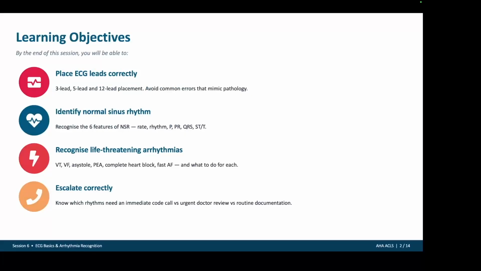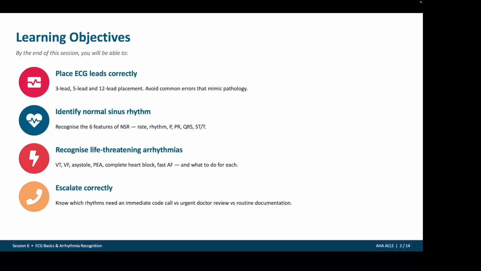The learning objectives today. Placing the ECG leads correctly. There are 3 different lead systems that include the 3 lead, 5 lead and 12 lead systems. Avoid commonly made errors while placing the leads. Identification of normal sinus rhythm. Recognizing the 6 features of normal sinus rhythm that include rate, rhythm, P wave, PR interval, QRS wave, ST segment